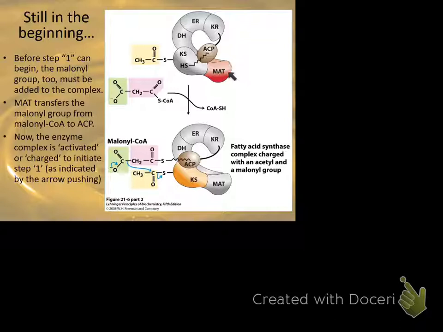Okay, so this is sort of like the loader. First, remember, it loaded on the acetyl group, then the ACP carried it to the KS. Then it's loading on the malonyl group. It holds it out over the acetyl group that's going to be added, and then we get that Claisen condensation type of reaction,